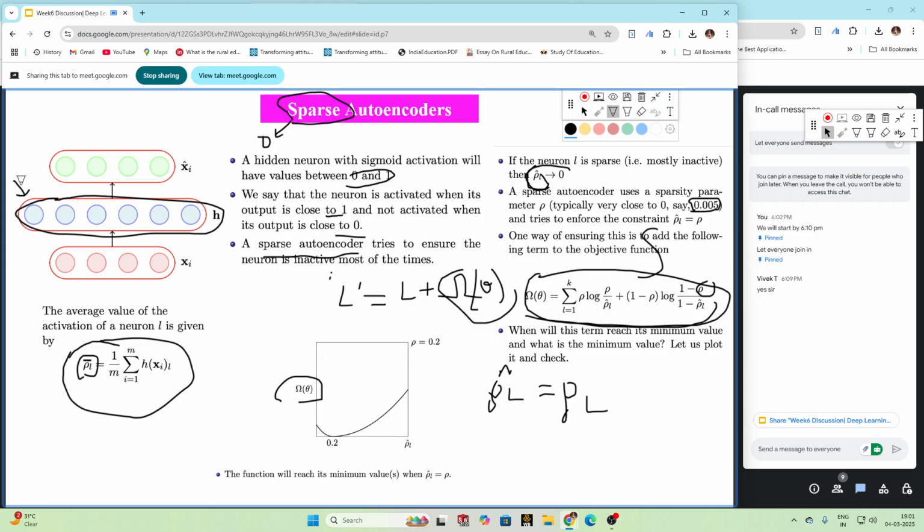So again I am repeating, we will ensure that most of the neurons in this layer give an output of 0, so that they will not fire. If most of the neurons do not fire, the encoding layer will not be able to do the feature extraction of the input value. So our model will generalize less, and what we are doing is nothing but regularization. So we are taking care that our model does not overfit. So this is sparse autoencoder.